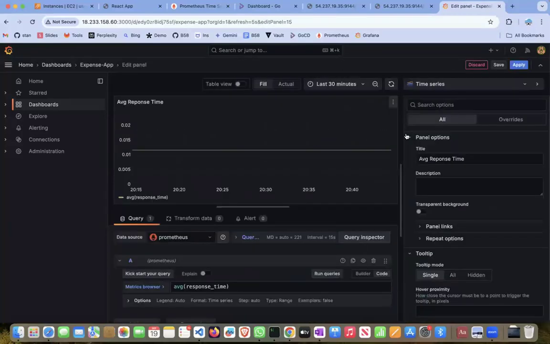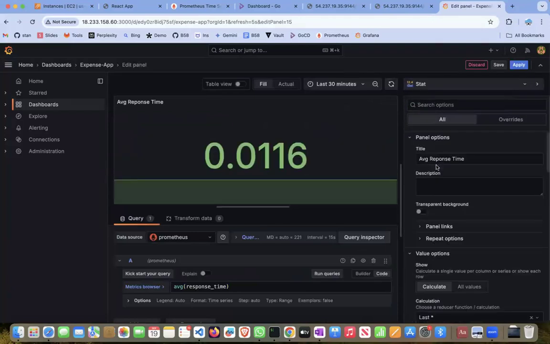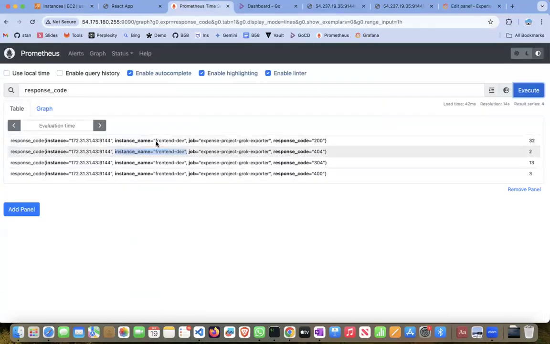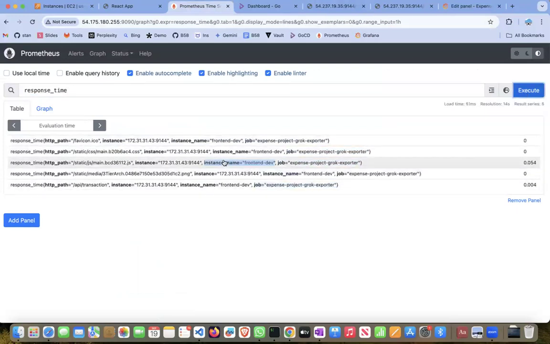Let's try to give a number. Or if you are interested about the transaction response time, you can also do that. So here you are getting the response, right? Response time. And it is also giving you the response time of this particular transaction. Among all, you are only interested about this response time of